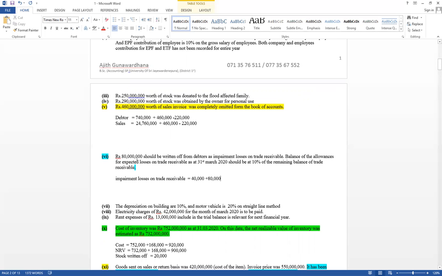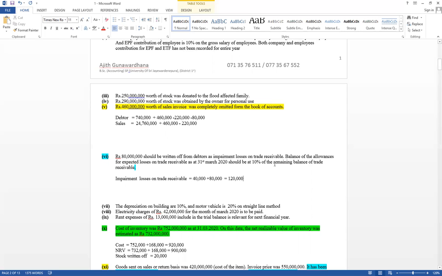Therefore, this value is 120,000. Bad debts account debit, impairment loss on trade receivable equal bad debts. Debit trade receivable, debtors account credit. Value equal 80,000. Then the total amount is the value that should be considered as expense in the income statement as impairment loss on trade receivable. And it is given balance of allowances for expected losses on trade receivable as at 31st March 20